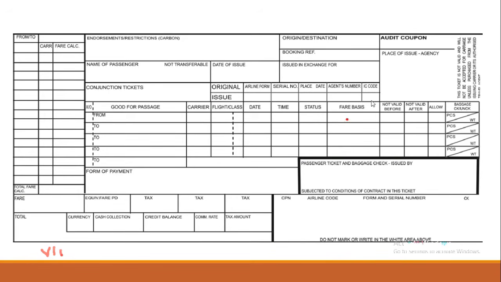V2 is place of issue, and then V3 is your CIP. After indicating that V1 is date of issue, you will then indicate what date it was. Place of issue, what is the place of issue, so on and so forth.